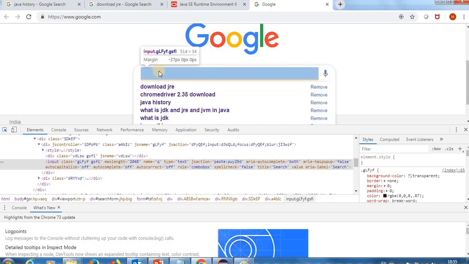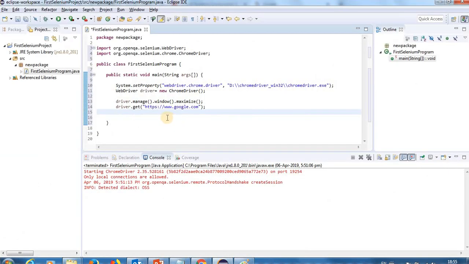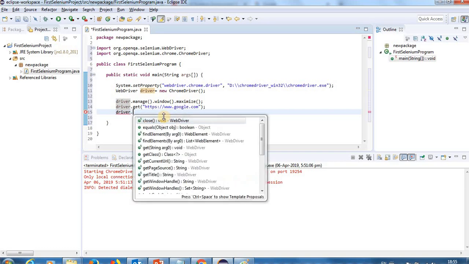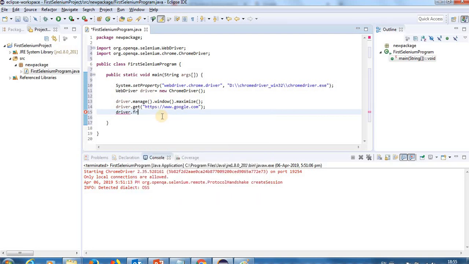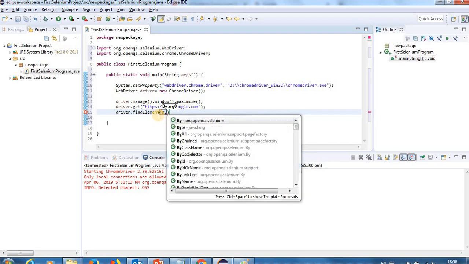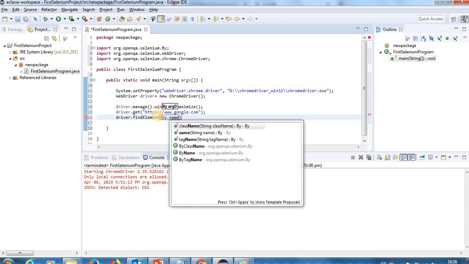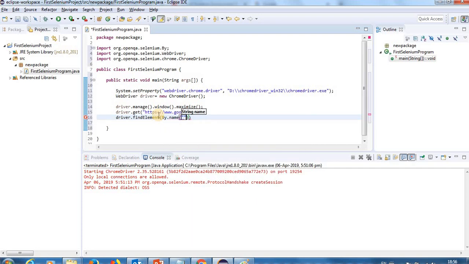So the name is there, like q. So we can use driver. We found one locator for the search box. driver.findElement, By.name, and q is there.